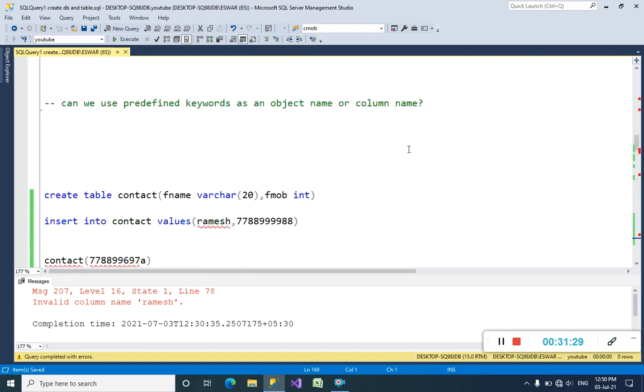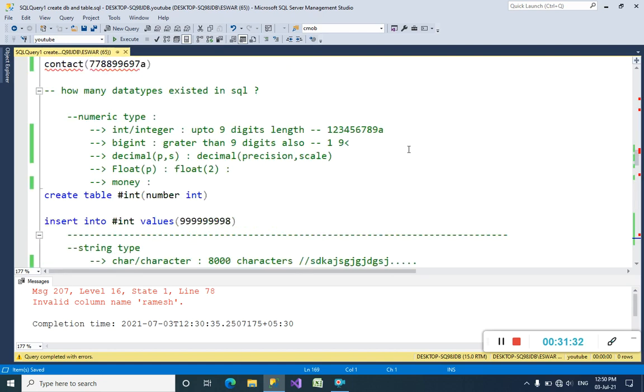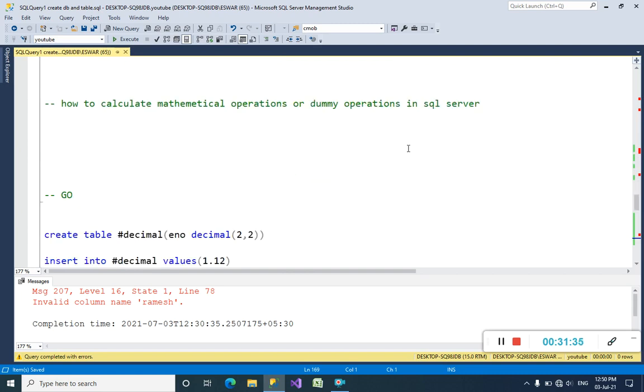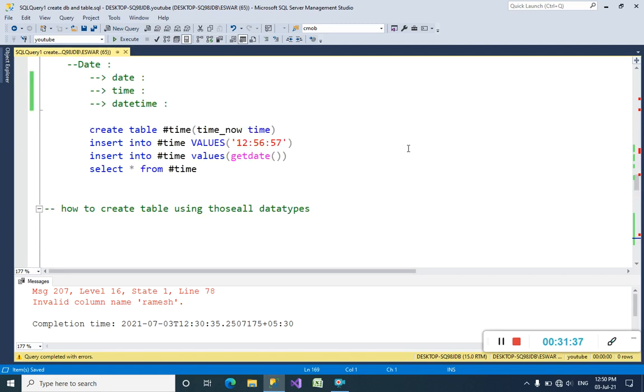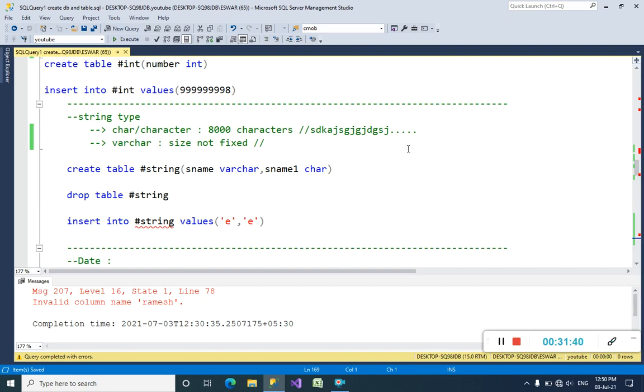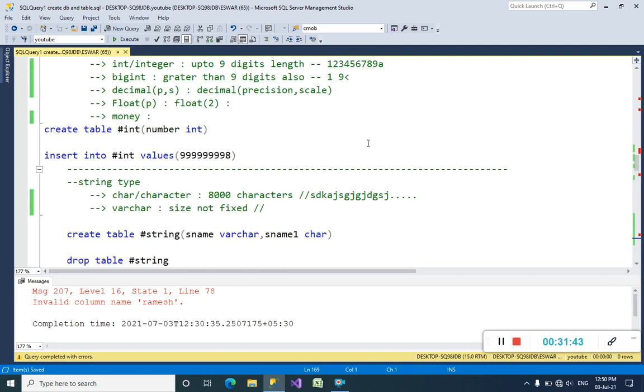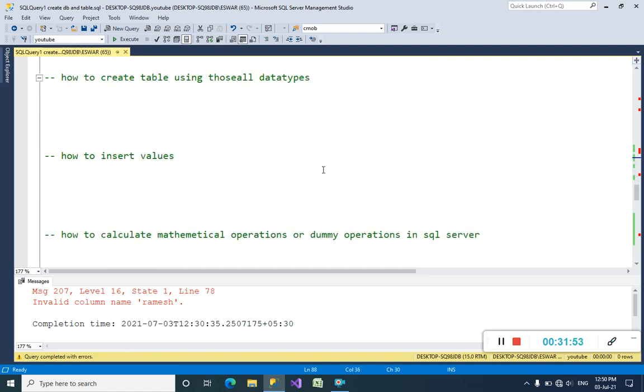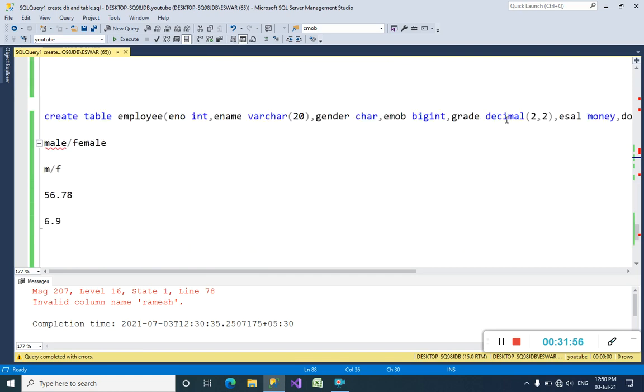See guys, decimal. When you declare decimal, I will tell you here only. See guys, we cannot declare decimal without precision or scale.